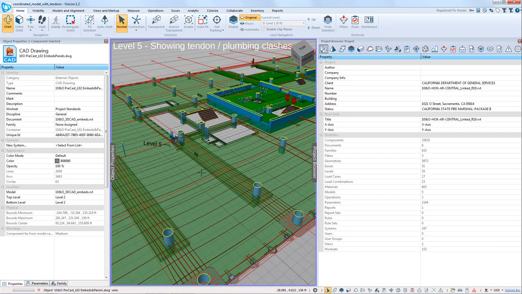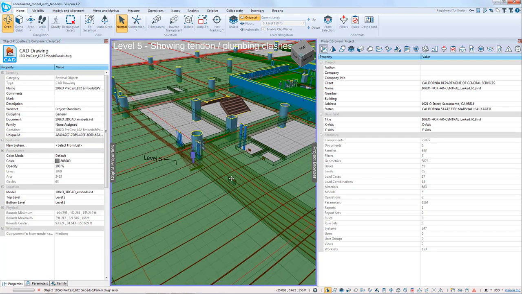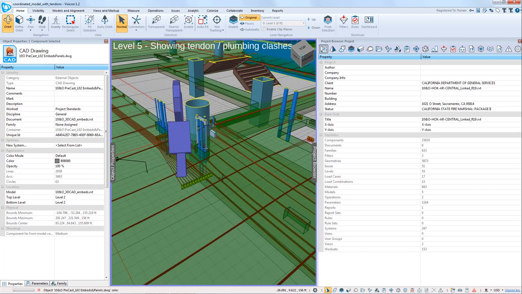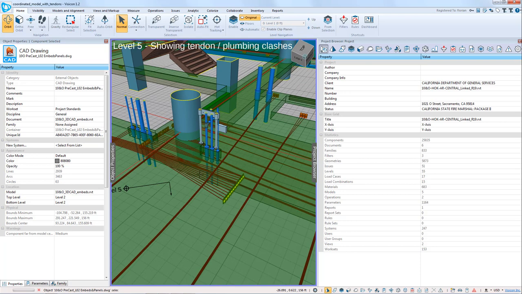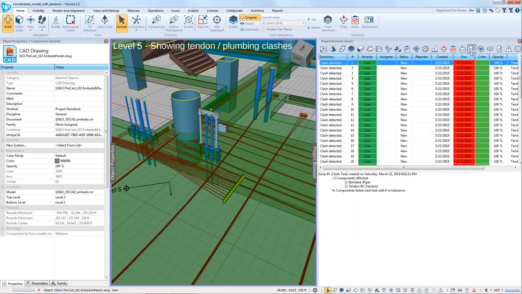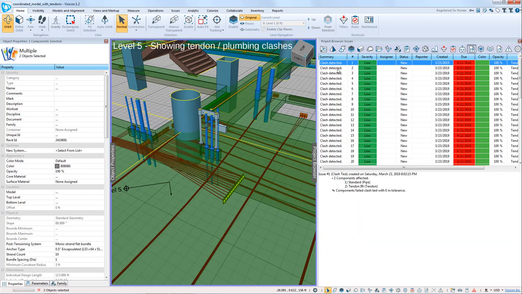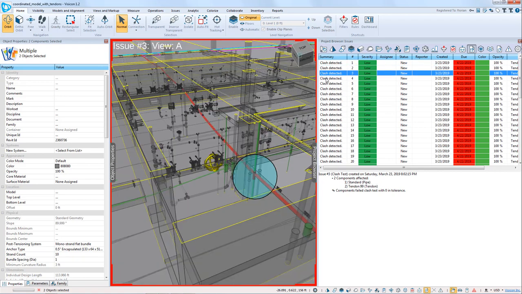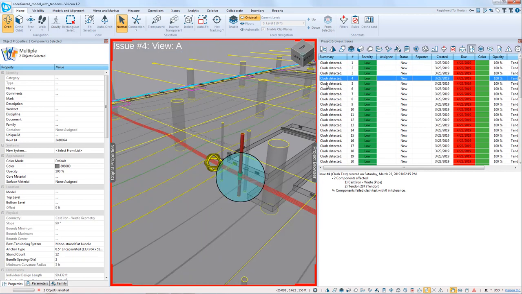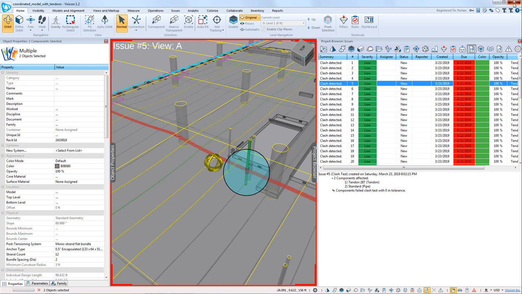So what we're doing here is an example where we've merged all of these, and you as a structural engineer can then quickly run a coordination to determine whether your design is going to cause conflicts or not. We can also run clash detection, and here are some examples where the program has identified where the mechanical sleeves may clash with tendons. So let's go ahead and close this out